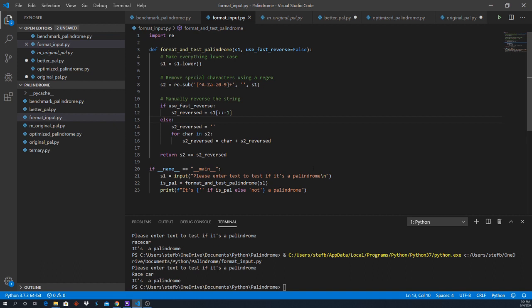But if you are running the script as a standalone script, it will run everything under line 20. So it'll run through these, and it's the same thing. It will get the input, get the result of the function above, store it in is palindrome, and then we'll use the same kind of f-formatted string and ternary operator to display the output instead of having the 4 lines for a